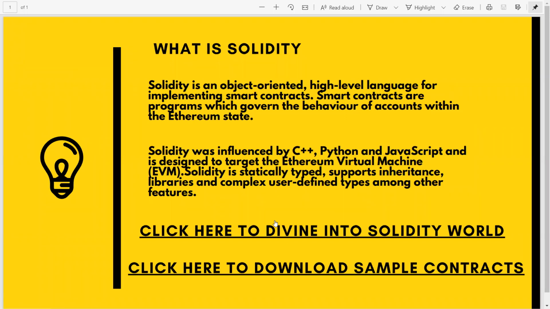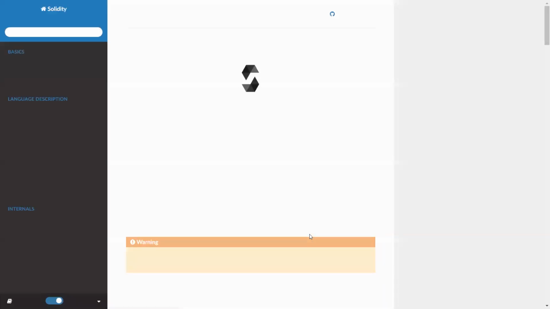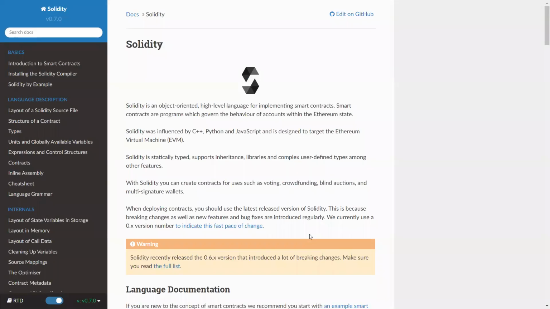So I hope everyone has gone through this doc, which I shared yesterday. How many people have gone through this doc? I mean, how many of you read this doc, the official document? How many of you got the underlying idea of how exactly Solidity works?